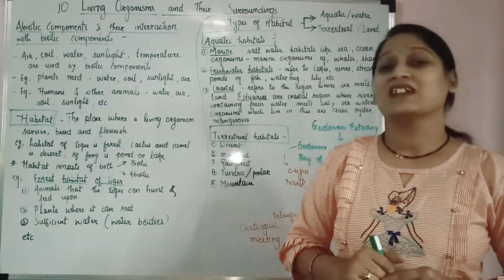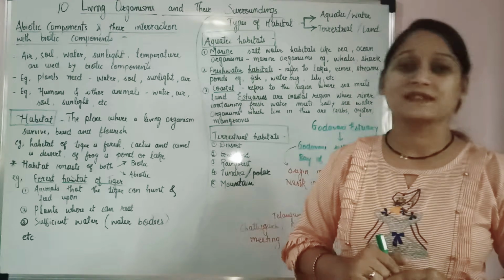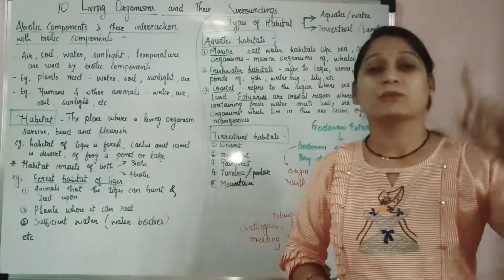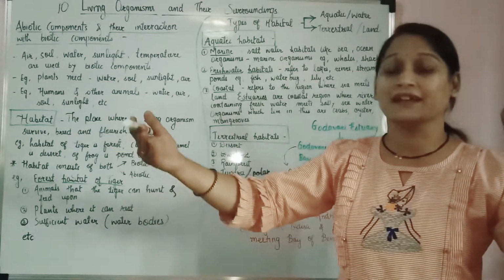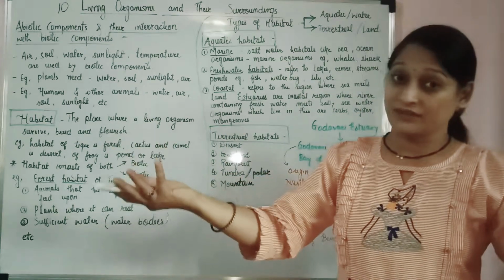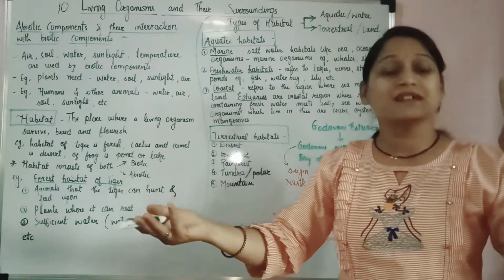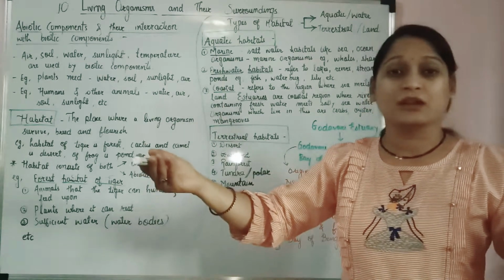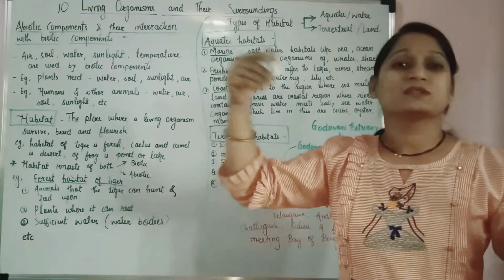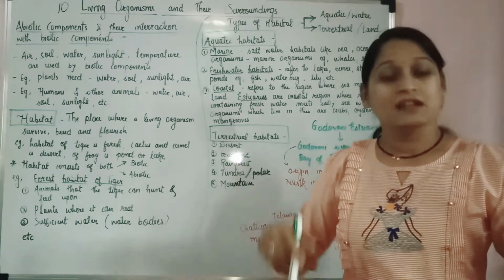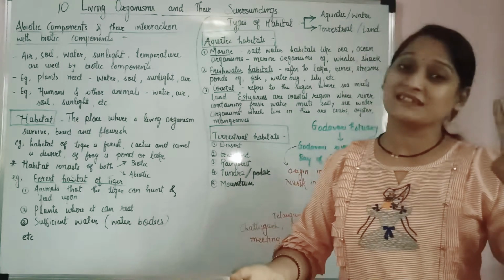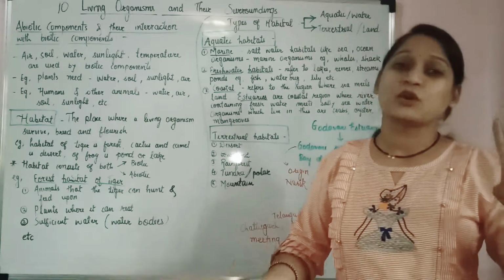For what? They require sunlight for the photosynthesis process, right? It is a food preparation process which requires carbon dioxide, which is present in the atmosphere, that is the air. Now it is an abiotic component. It requires the minerals which are present in the soil. So again the soil is an abiotic component. It requires the water which is present inside the soil, right? In the earth's crust. Again this is an abiotic component, whereas it also requires the sunlight which is also an abiotic component.